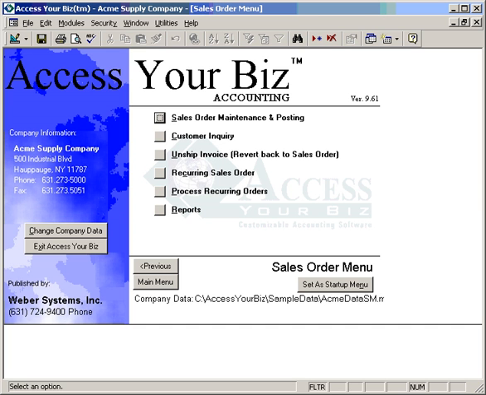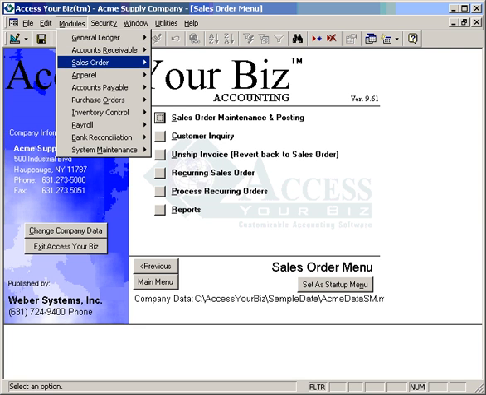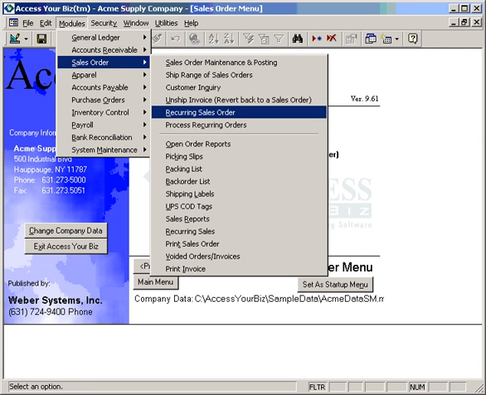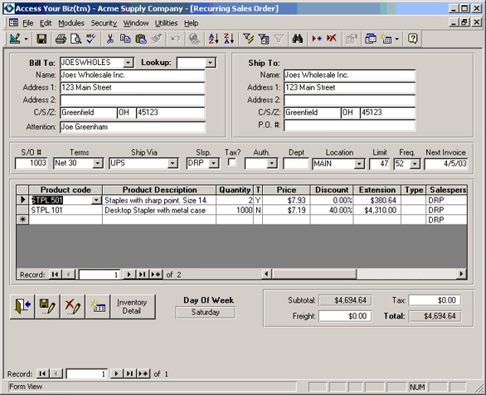The recurring sales order feature is located underneath the sales order module. Recurring sales order is the menu option. This allows you to define recurring sales orders for your customers, and they could be set up to be generated on a regular basis. For example, this one here for Joe's Wholesale has these two products on it, and the